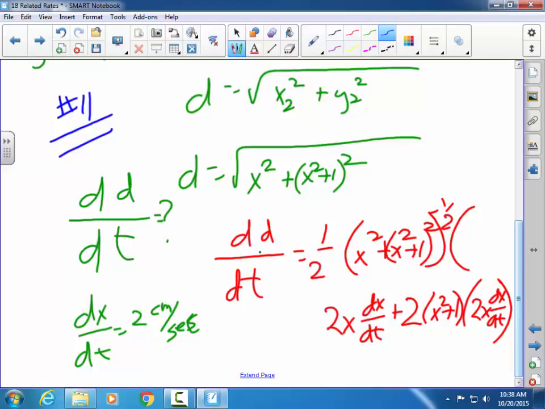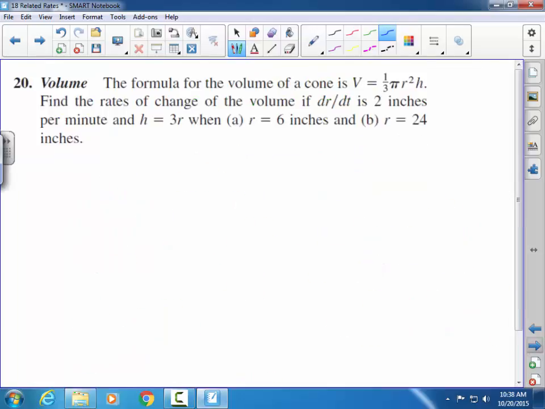Let's go back to the bicycle for a second. On the bicycle, we've got the pedal that's turning that has a rate. We have the back wheel that has a rate, but then the bicycle also has a rate. So we might have to think of multiple things there. So some of these problems we're going to look at today have more than the two variables that we're accustomed to,